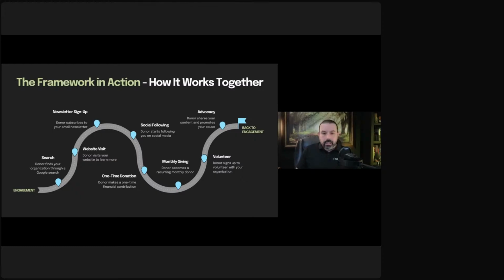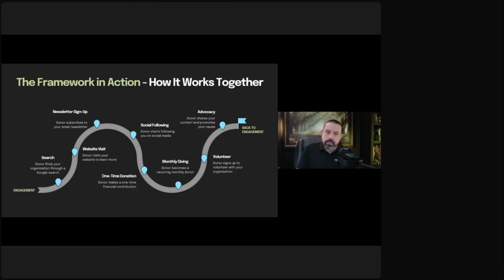All right. And then maybe they'll start volunteering. Once they volunteer, people get that ownership, they become an advocate. And then they go back into the engagement stage where they get others engaged with your organization. Do you guys see how this can flow for you? This is an example of a very well-intentioned, well-planned donor path. And this is what everybody's moving to. They're moving to really taking people, putting them in buckets and figuring out how to get them to the next stage. So if I get a website visitor in, how do I get them to sign up?